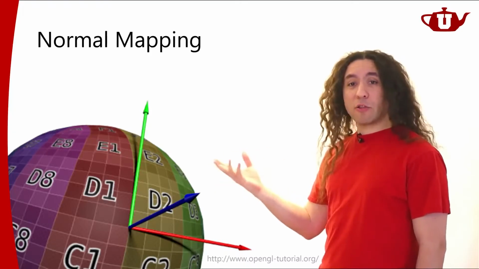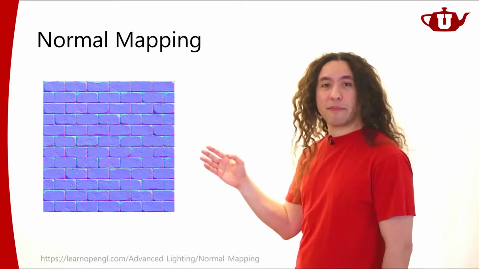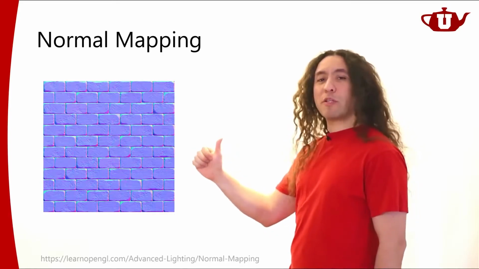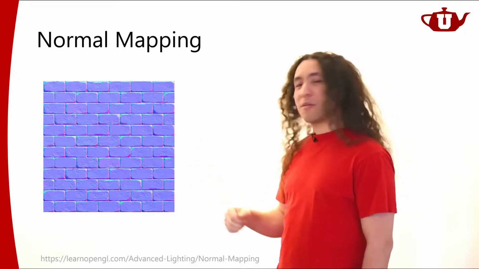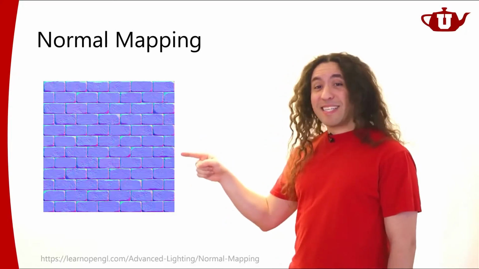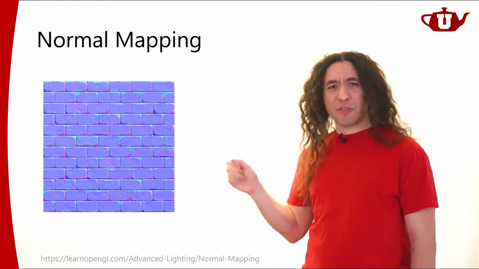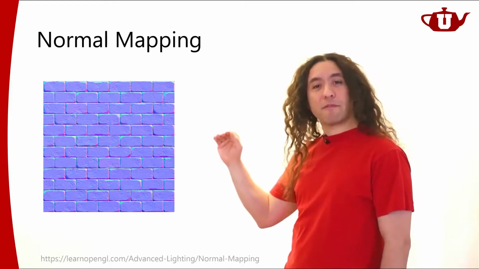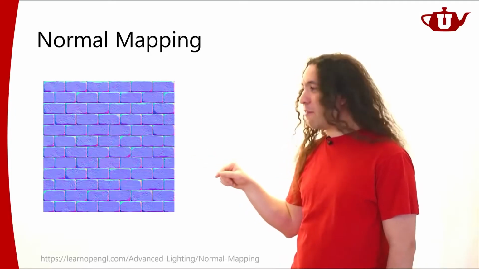So oftentimes when you look at a normal map, it will look like something like this. There's going to be a lot of blue in it because of that. When you see red, that means you're perturbing towards the x direction. When you see green, it means you're perturbing towards the y direction. But as you can see, the average color here, the blue is not perfect blue. It's actually blue with some red and some green in it. So it's like mid-range, some 0.5 red, 0.5 green, and 100% blue. That's what the average color is.